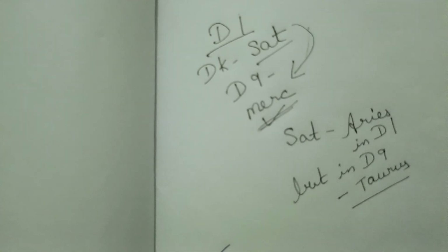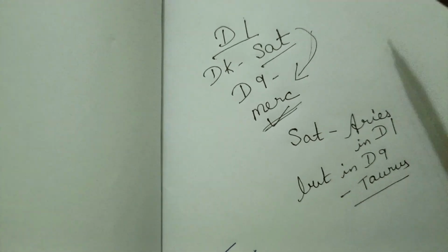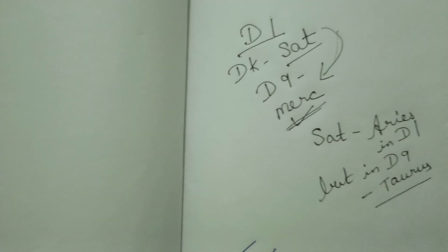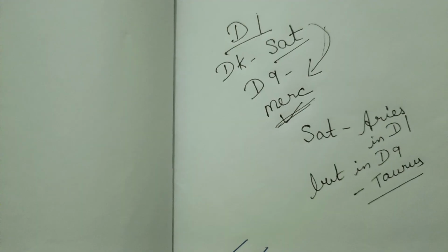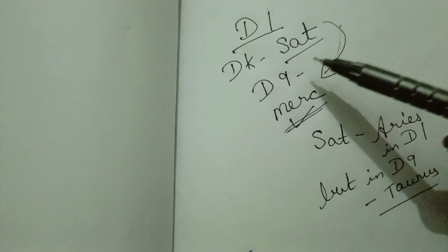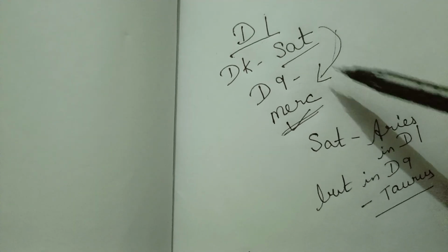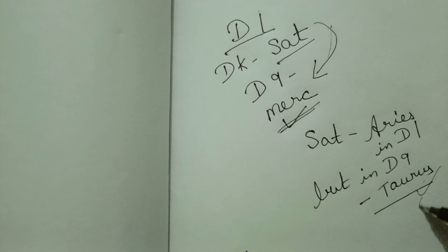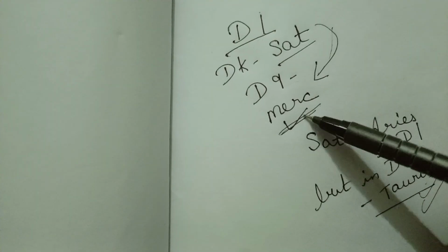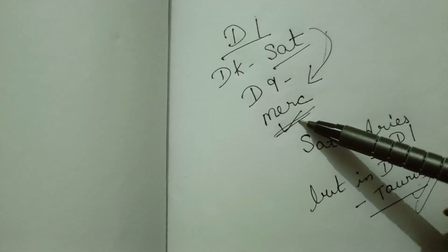For example, Saturn shows that your spouse will be very serious, mature, less expressive. But in D9, your Darakaraka becomes Mercury, which shows that deep down your spouse is going to be very childish, very innocent, very curious, very communicative, or these are the changes your spouse is going to experience. Yes, this Saturn you have to check in Taurus also in D9. But Mercury is also important. Importance should be given to this Mercury planet as well, which will tell you more things about your spouse. So this way you can understand.